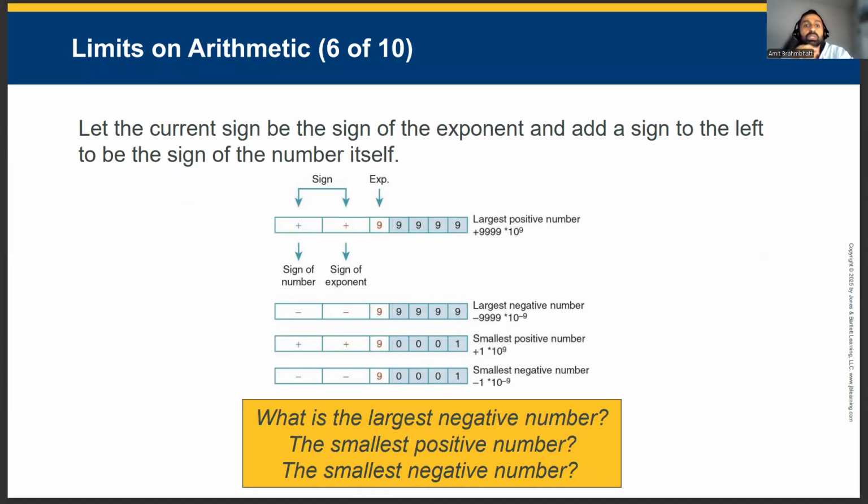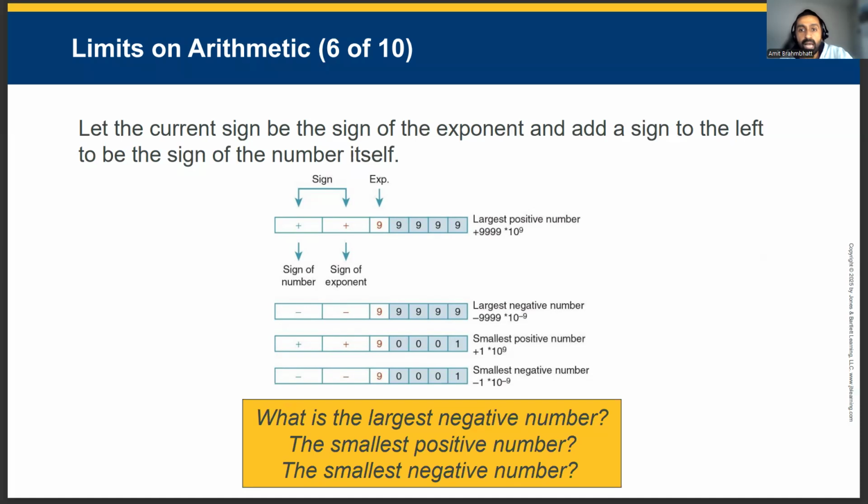This slide introduces the sign of exponent and the sign of the number itself. By including a digit to represent whether the exponent is positive or negative, and another to represent whether the number is positive or negative, we expand the variety of values we can encode. With this design, we can represent very large positive numbers, very small positive numbers, and their negative counterparts.